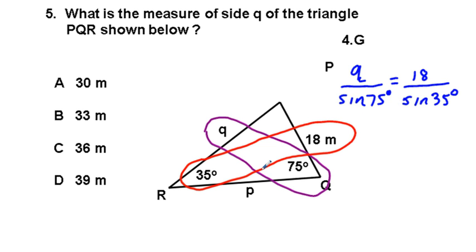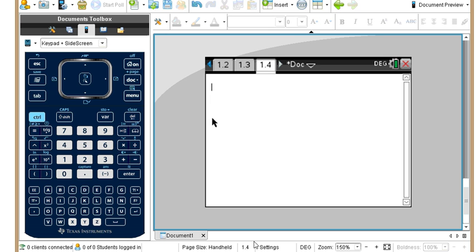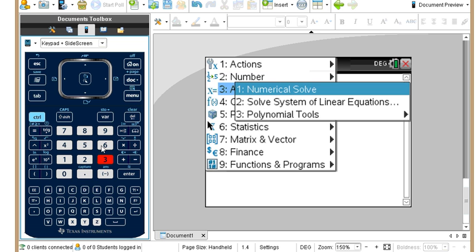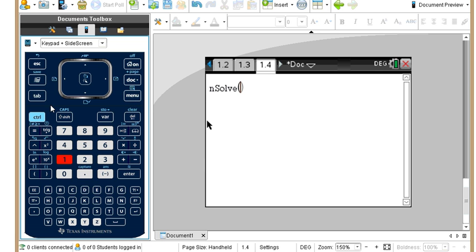And we can just go to our calculator, which is a TI Nspire CX calculator. And here we are on our calculator page, and I happen to notice that we have degree is up here in the view screen, so we're ready to put this equation in place. I'm going to use a numerical solve, and it's a special feature on the TI Nspire CX calculator. Press menu, 3, 1. We're going to go ahead and press Control Division. We're going to solve for Q